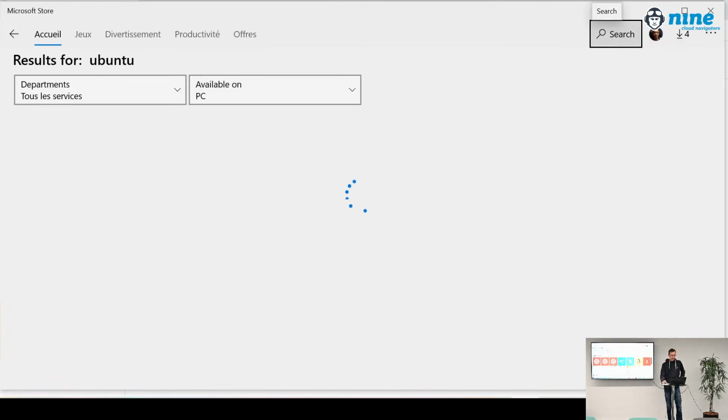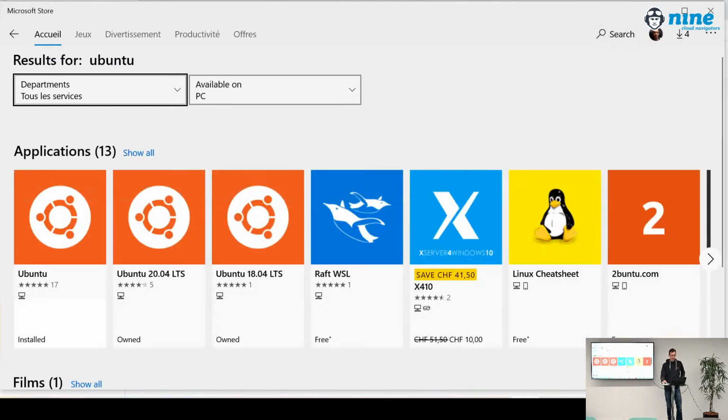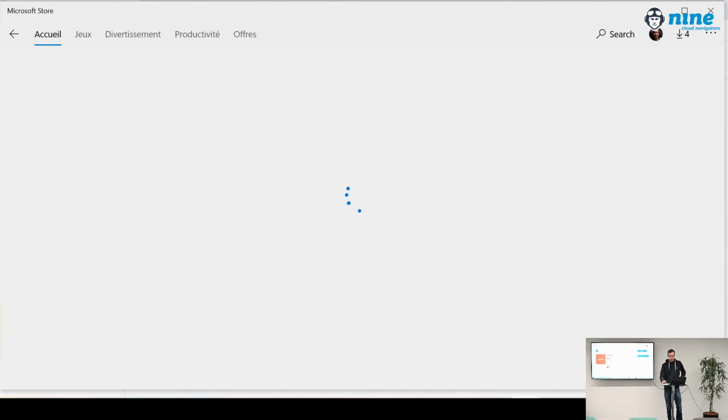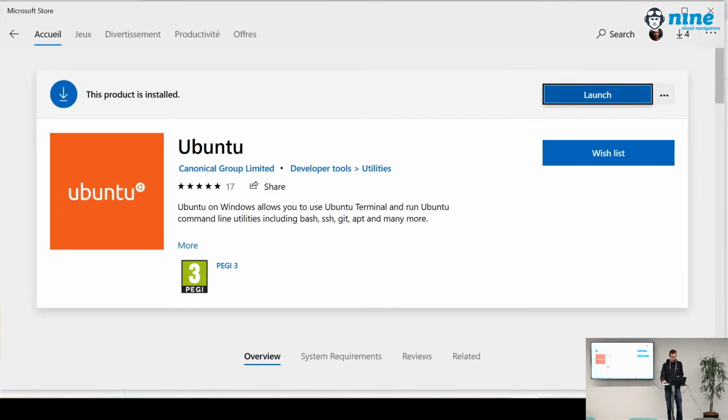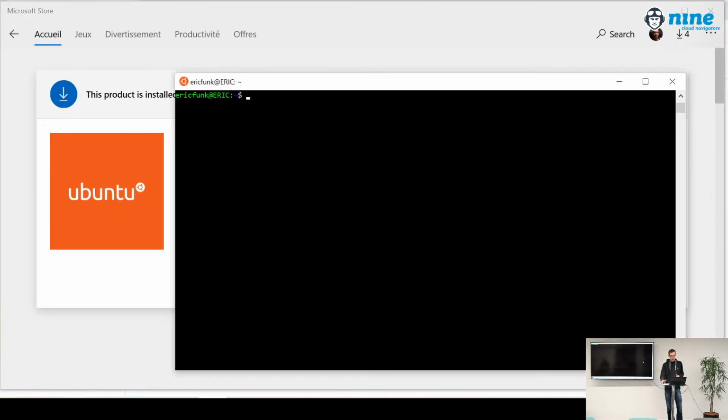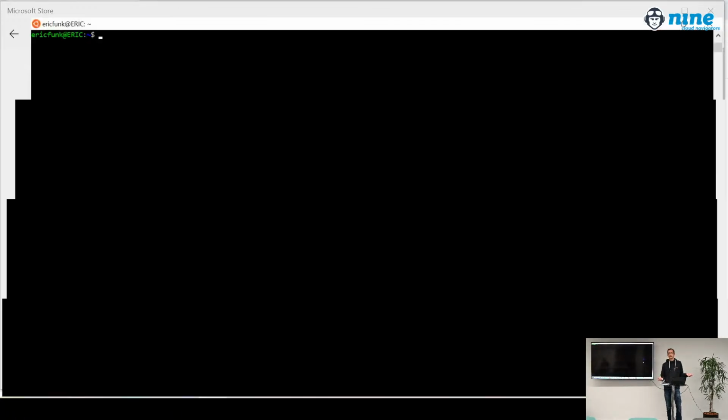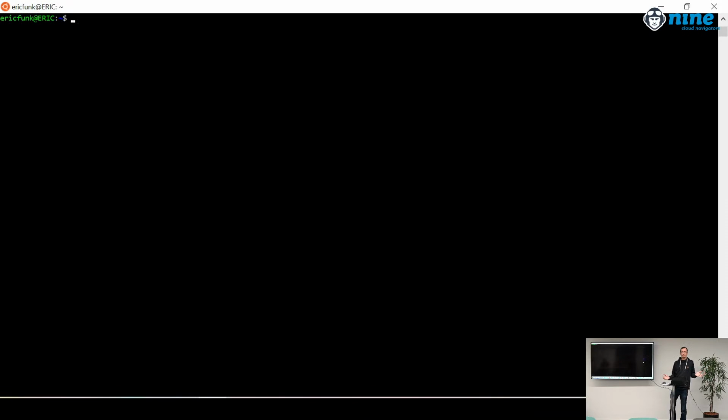And there's Ubuntu. There's not just one Ubuntu. There are 2 versions. And I'm not going to do it now, but pretty much you press install, you press launch, job done. And as a result, you have this. You have an Ubuntu shell. You can also install Debian, or you can install SUSE or whatever, but it's pretty much there at your fingertips.